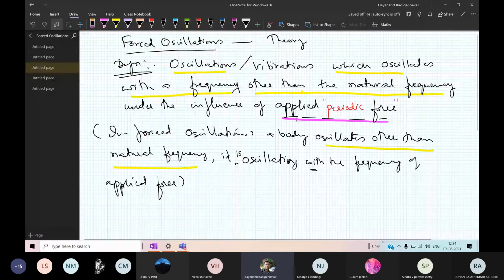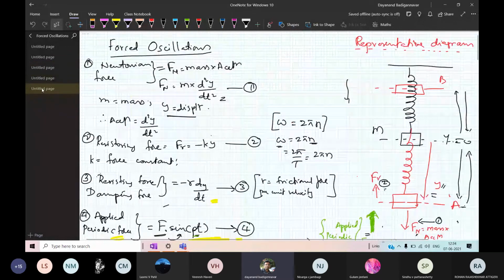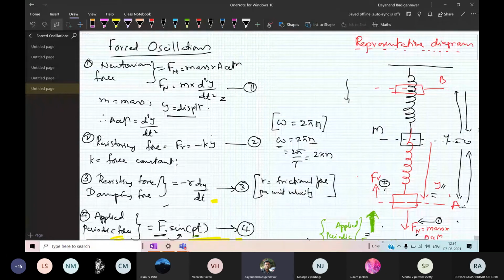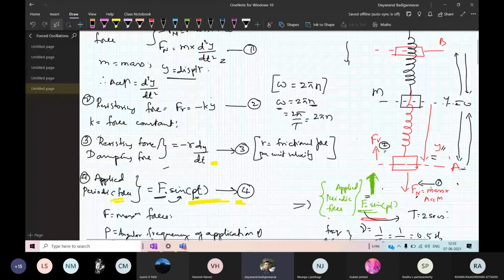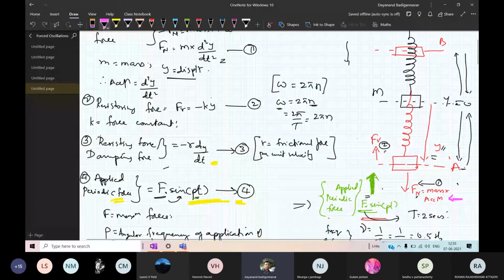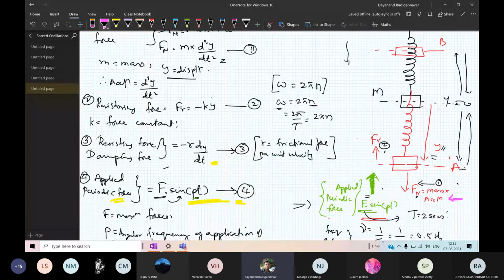Now I have a spring mass system which is oscillating like this. We have to apply a force. To a spring mass system, this is the force I have applied. Once I apply a force, the mass which was at y equal to 0 gets elongated through a displacement of y. Once there is a displacement y, there is a restoring force here. You can see the restoring force that is given by equation 2, and the applied force, that is the Newtonian force, is given by equation number 1.